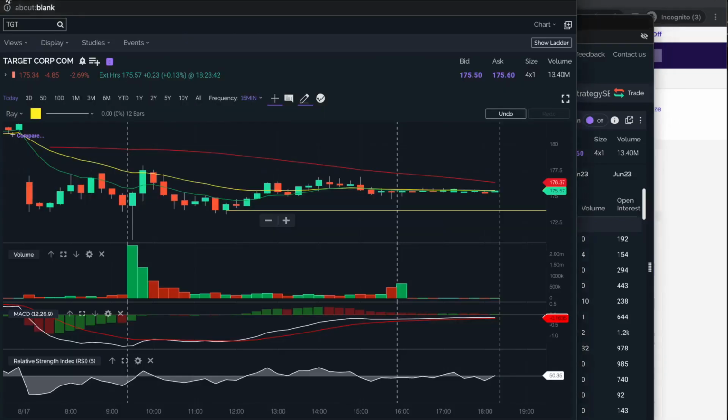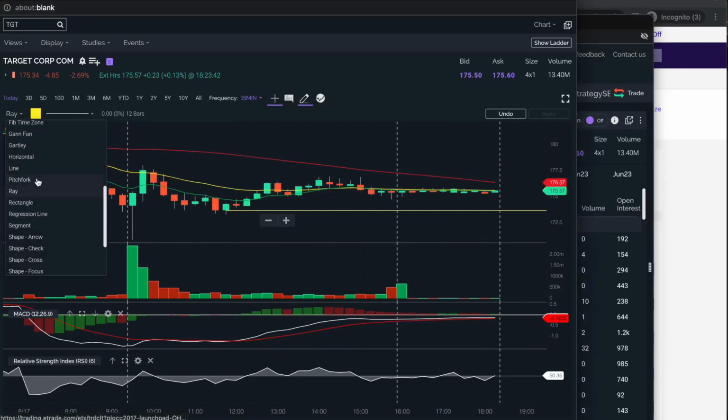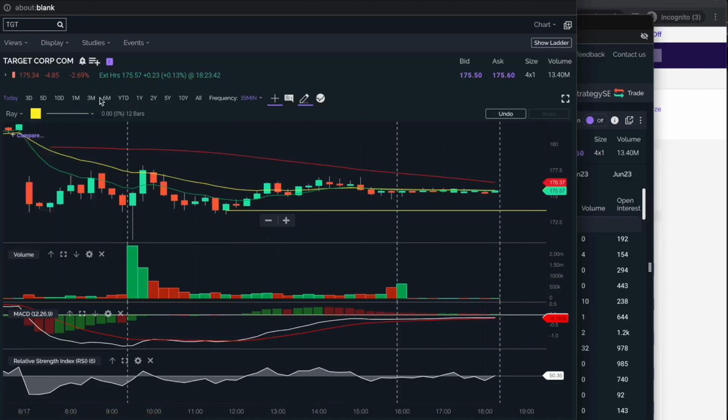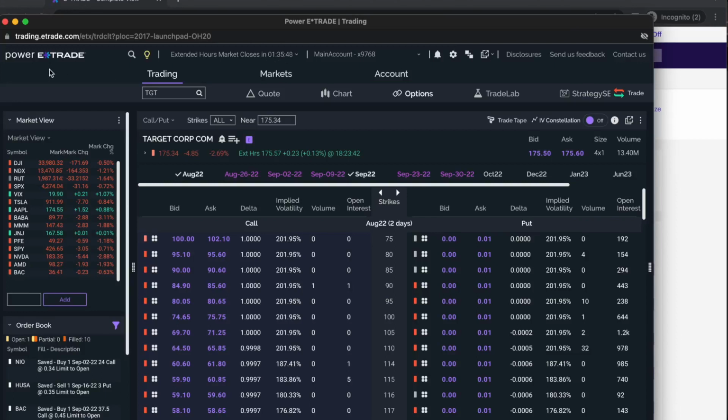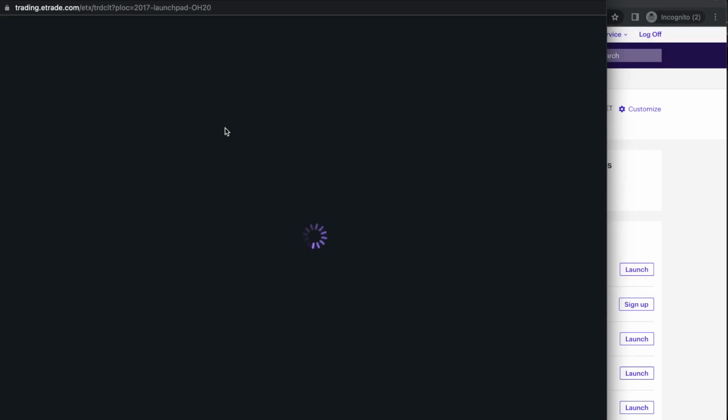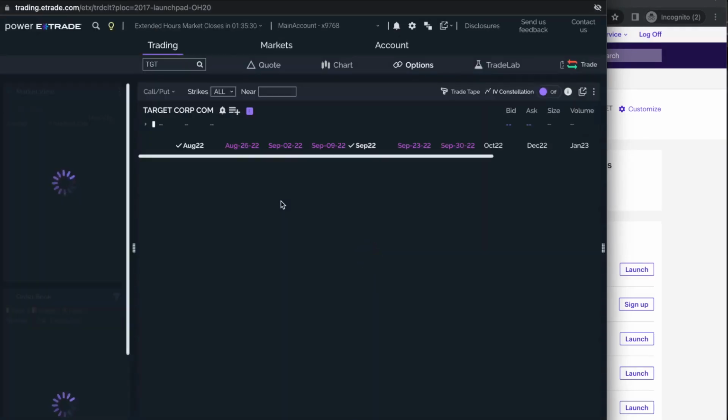If you close the secondary window first and then launch it, your drawings and everything you have in here, all your studies that you've added, all the drawings, the fibs, which are in here somewhere, the fib right there, everything that you have on here is going to be lost. So here's my ray. If I close the secondary window, and then I go and close the main window, then when I launch it again, here's the main window, and because I closed the secondary window first,